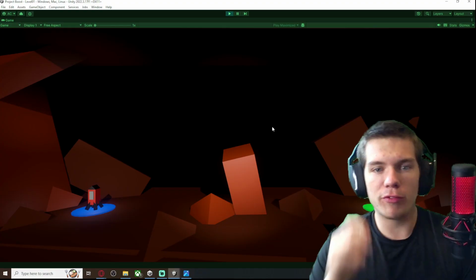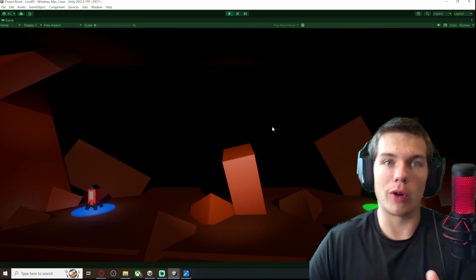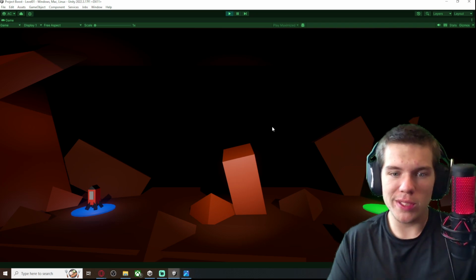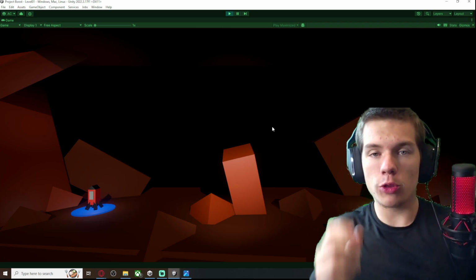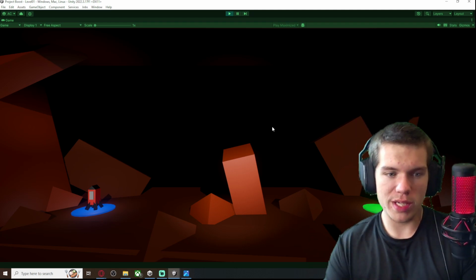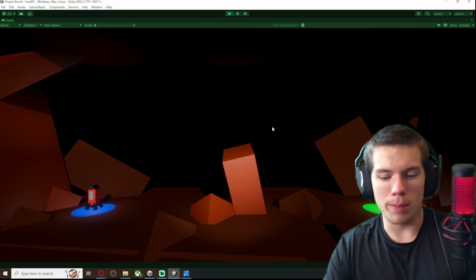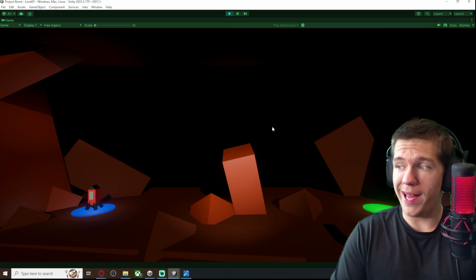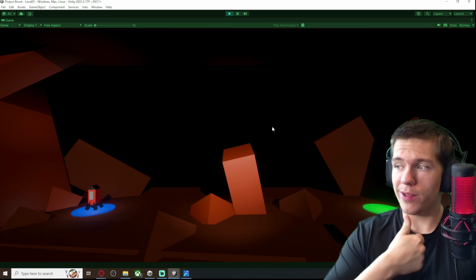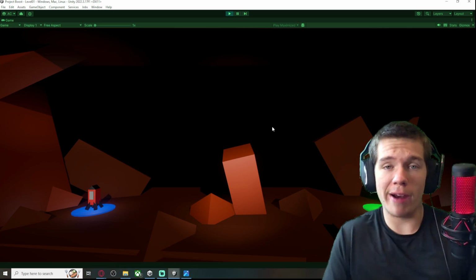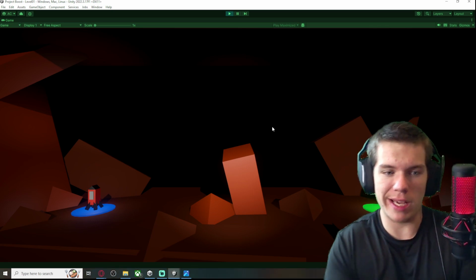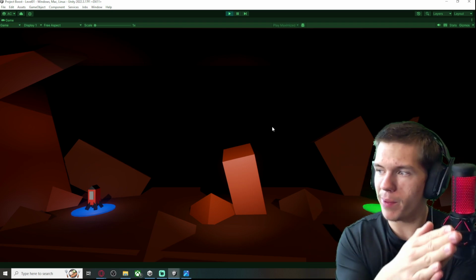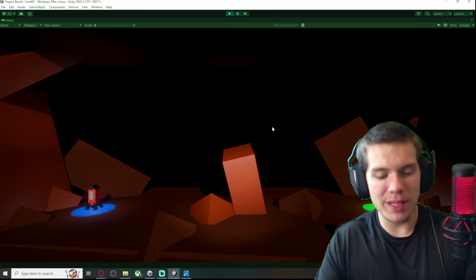Here we have the first main project that you would be working on in that main course I was showing you, and this is called Project Boost. Through the course, it talks about the basics, like getting the player set up and how it all works. You can see where my head is here. There's a little green platform. Basically the entire objective of this game is to get from the blue launch pad to the green landing pad right there. Really simple.